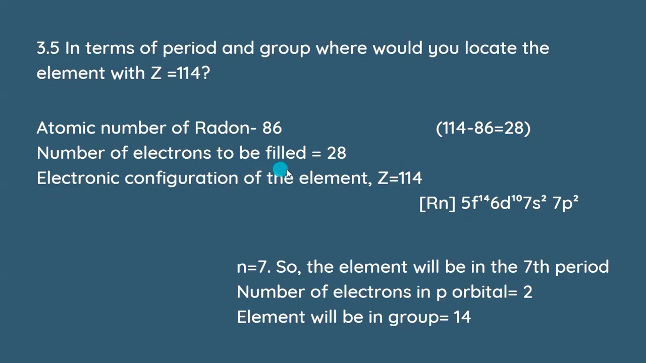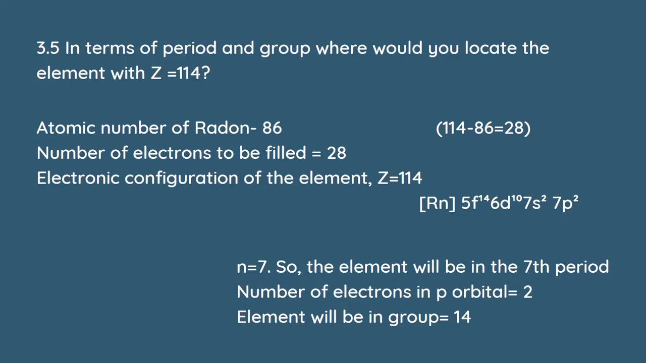So the number of electrons that have to be filled is 28. And since we know that this element is in the seventh period, because radon is in the sixth period of the periodic table, I would suggest that you remember the atomic numbers, at least of the elements of the inert gas group. It's advisable that you remember that. So it's easier for you to understand